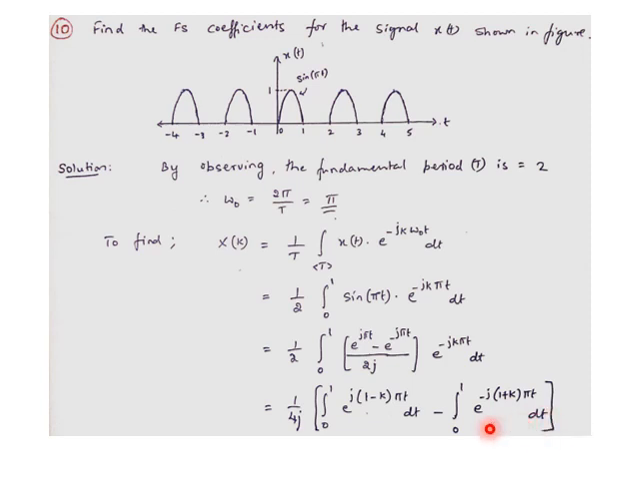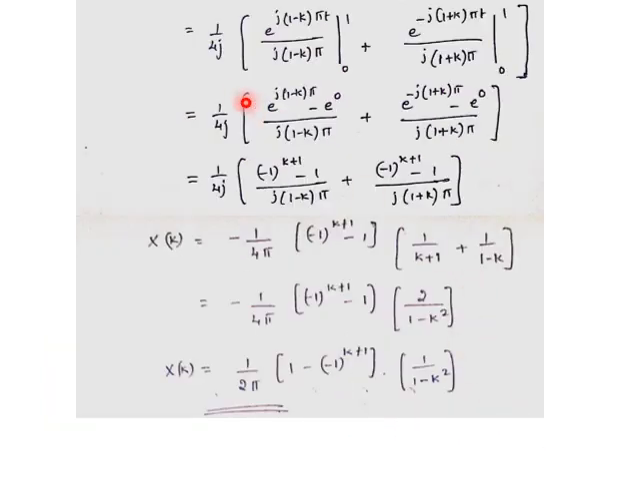So what we can do is take the integration for these terms, integration for this term and this term. Next, simplify, so that is what we need to do. So 1 by 4j as it is outside, so into the first term e to the power j(1 minus k)πt divided by j(1 minus k)π, with integration limit 0 to 1, minus of minus